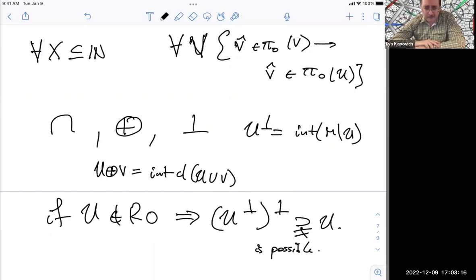In any case, if you work with regular open sets, then you can interpret the full Boolean algebra of regular open sets inside of homeomorphisms of M. That's one of the main reasons that you want to work with it, and then it's well behaved under Boolean operations.